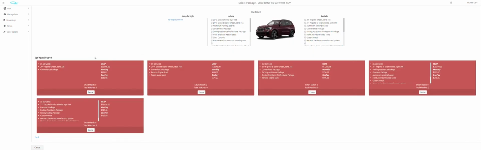Once you click on the vehicle that your client is looking for, you now have different window stickers and MSRPs that populate based on the vehicles that are typically sold. So here we have a car that's $62,095 on the MSRP. This is a base vehicle that just comes with the 20-inch wheels and a convenience package. Here you have a car that's $64,945 that comes with the 20-inch wheels, convenience package, remote engine start, space saver